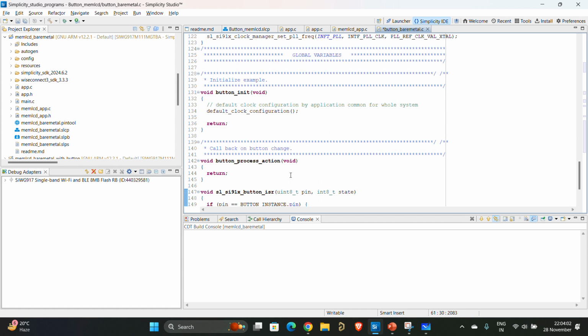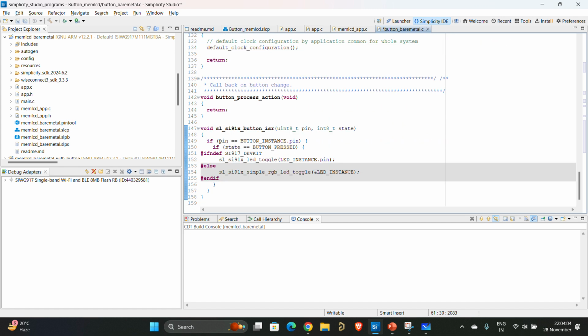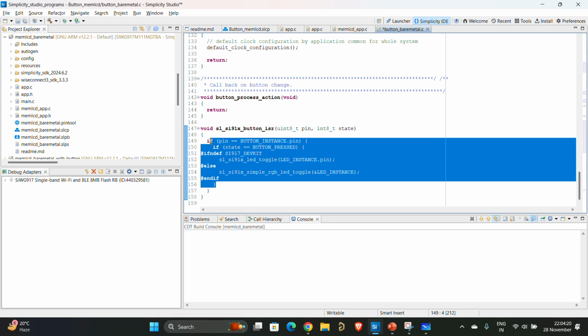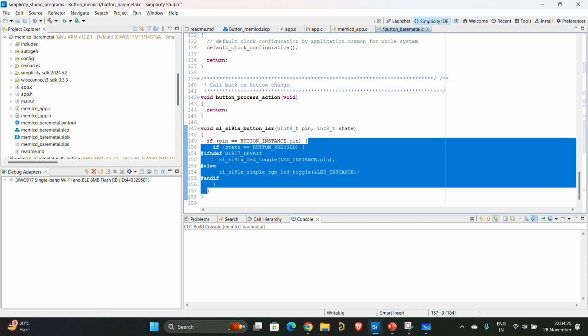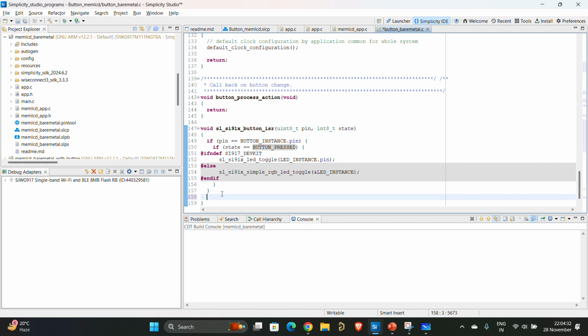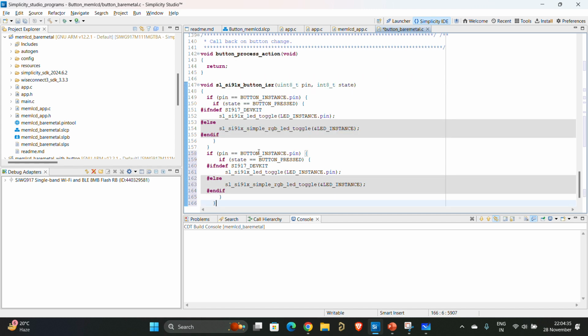Now what you will do in this function, along with checking if pin is equal to button instance dot pin, you can simply copy the whole if, and replicate it down with adding 1 to everything. Button instance 1 dot pin, button pressed, and